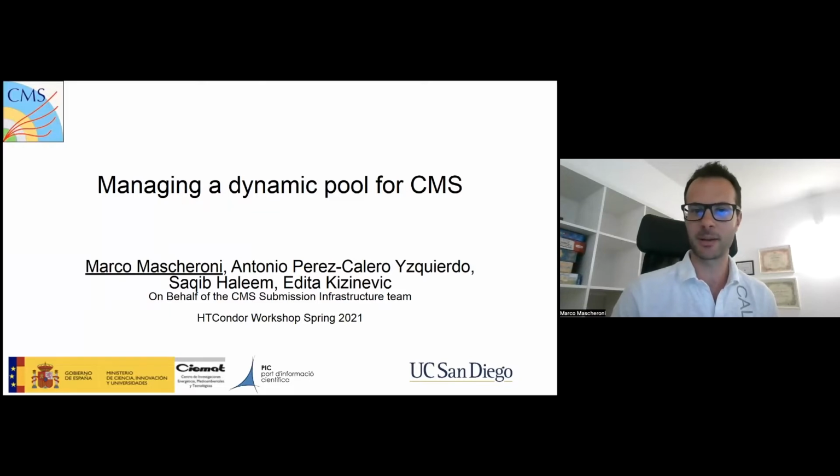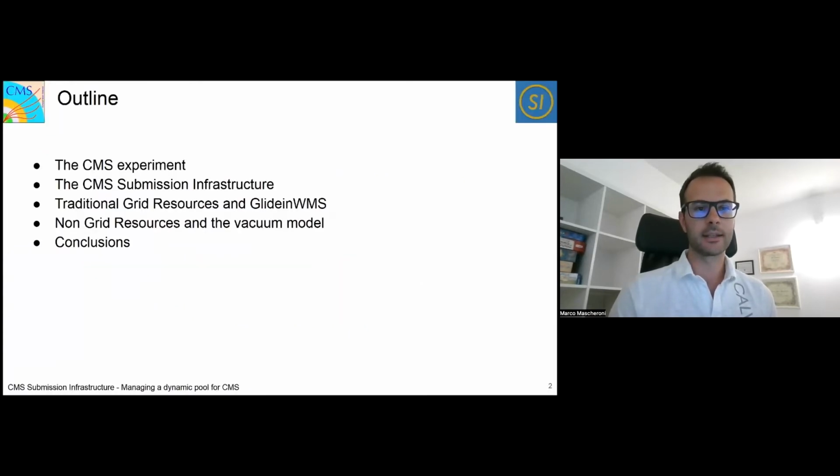Today I'm here to talk about how CMS manages the dynamic pool. I'll begin the presentation by talking about the CMS experiment and the submission infrastructure group. And then I'll talk about how we exploit the traditional grid resources through HTCondor and GlideinWMS, and how we recently are starting to use more and more what we call the vacuum model to access non-grid